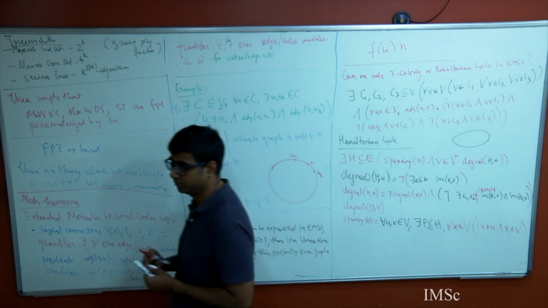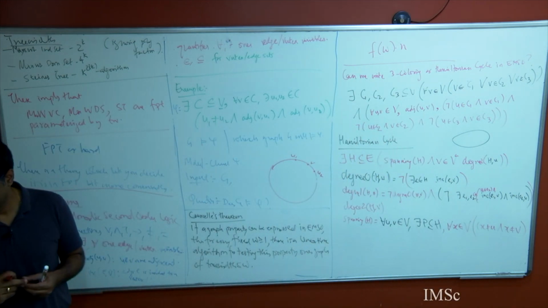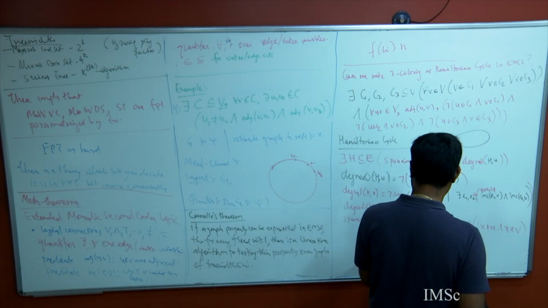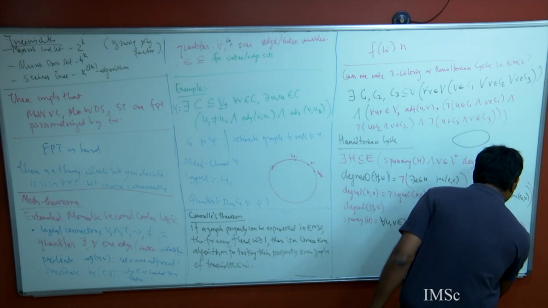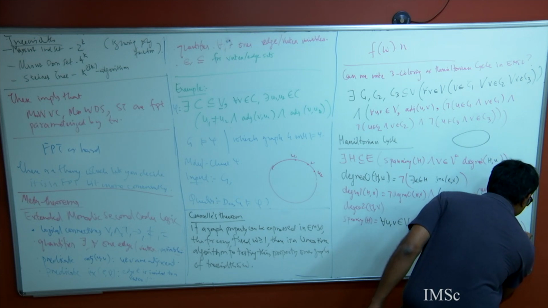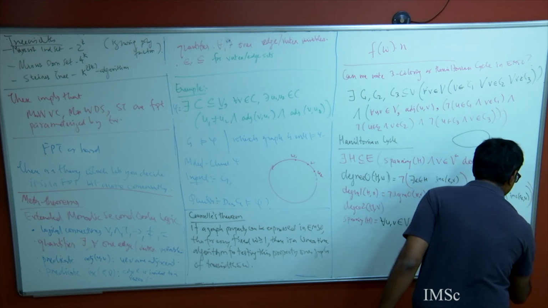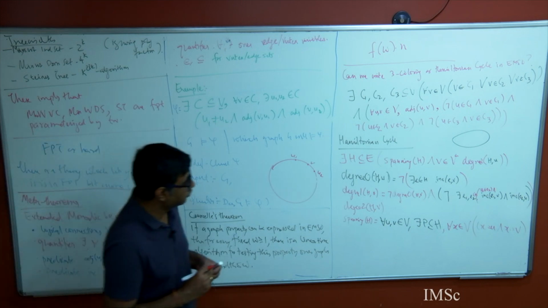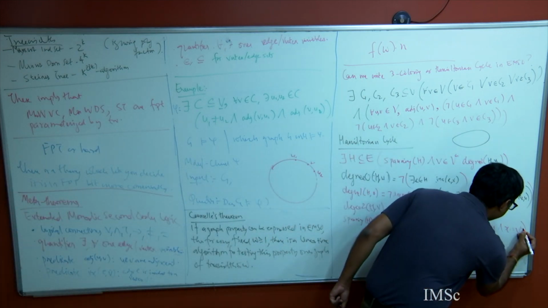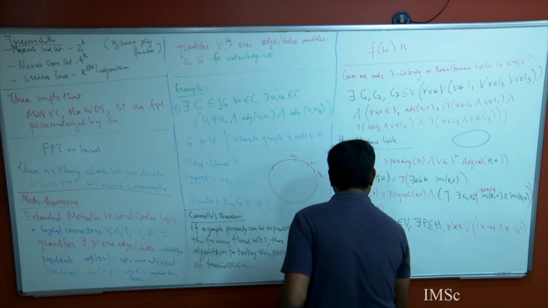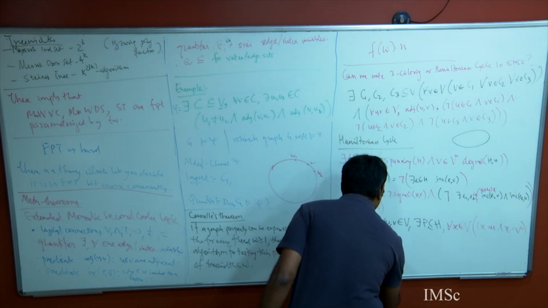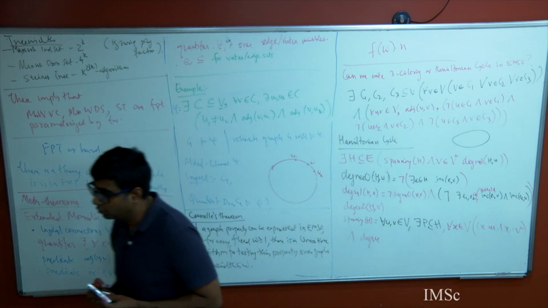So these two things are true, and or X equal to V. This is some moronic thing. X equal to U and X equal to V, and what should I say? Degree of